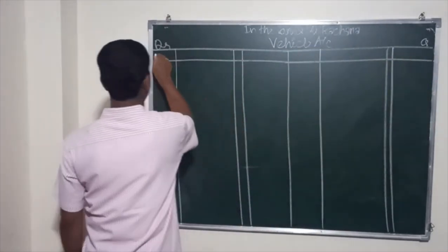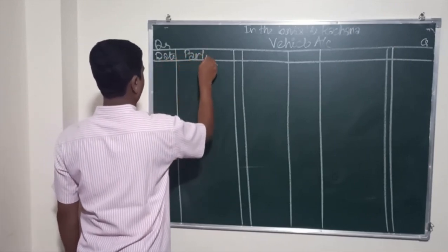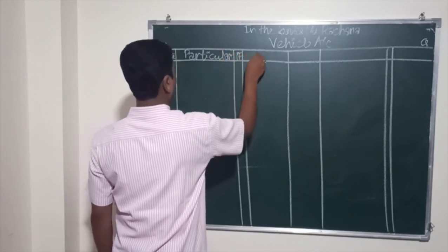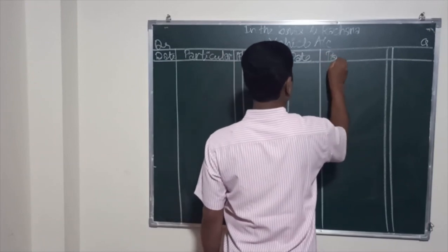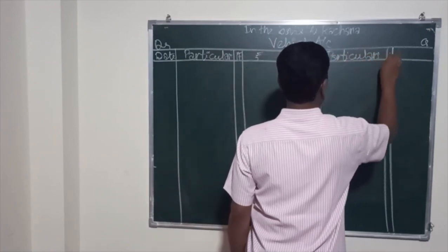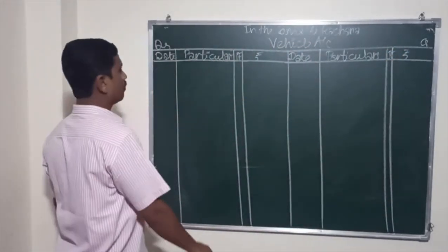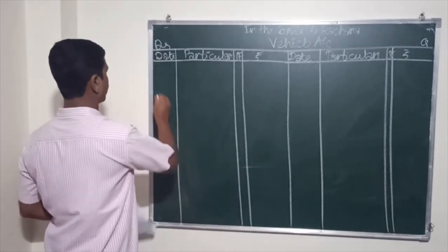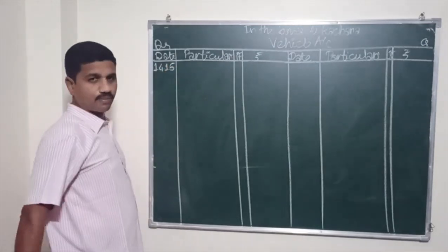So let's write down here date, particulars, journal folio, rupees, date, particulars, journal folio, rupees. So now when the first initial payment becomes due here on 1/4/15, then the entry will be